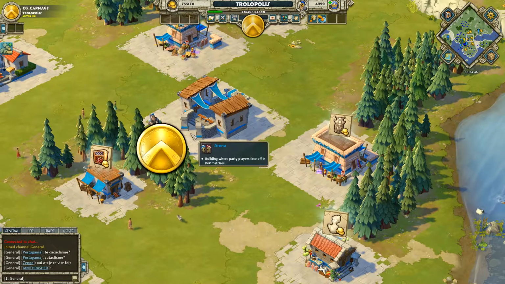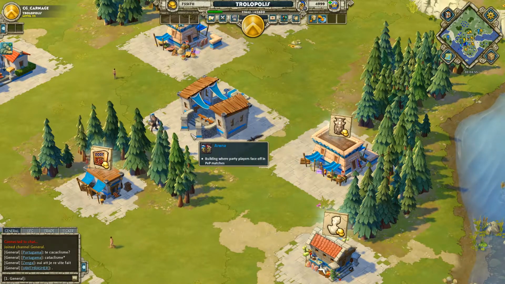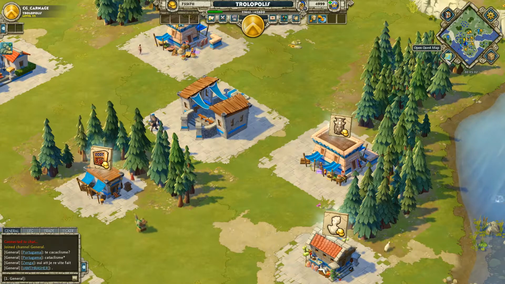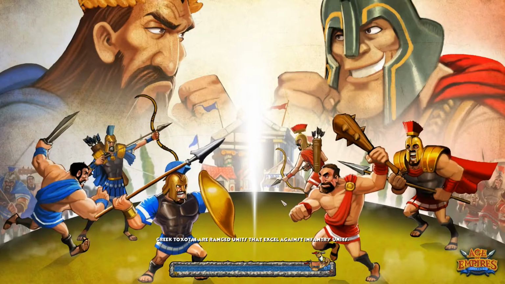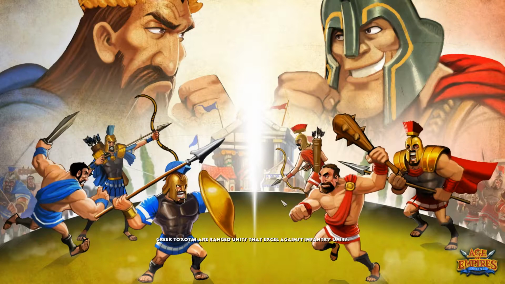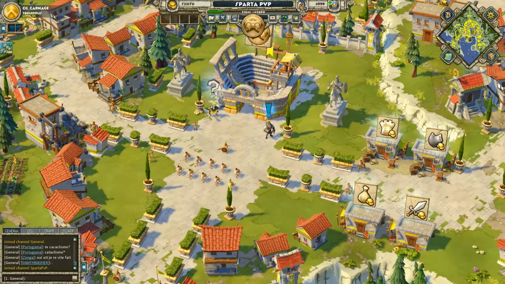If you're playing as Greeks, Egypt or Celts, then you're starting at level 1 or 3 if you skip the tutorial, and then you have to get the building manually. To get the building, you need to be level 3, so ideally you would just want to skip tutorial, and then you click on the quest map over here and you go to the Sparta region. Once you're there, this guy over here with the white question mark over his head will want to talk to